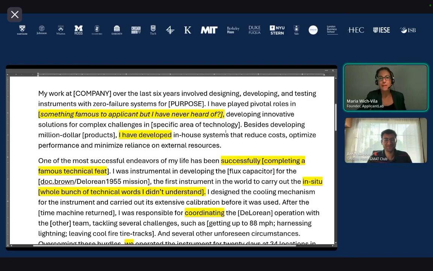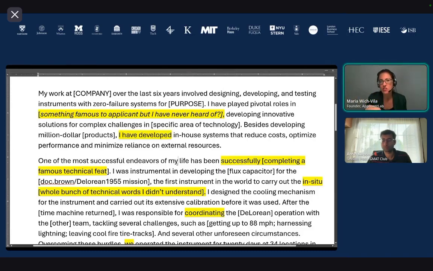Okay. In specific area of technology. Okay. Besides developing $1 million, and then they mentioned the type of product. So maybe it's a computer chip, maybe it's an aqueduct system, whatever it is. I have developed in-house systems that reduce costs, optimize performance, and minimize reliance on external resources. So why did I highlight this here? I have developed